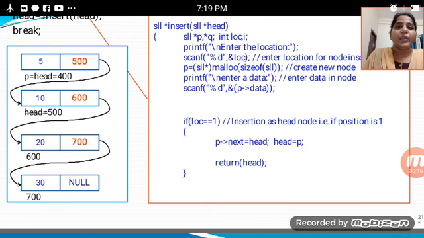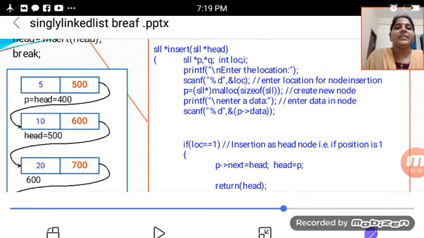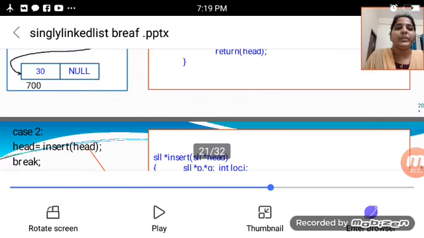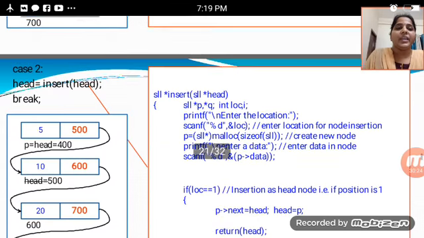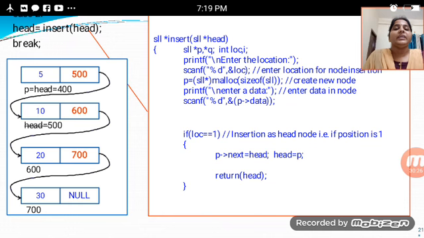After that head value you have to link it with each other. P is equal to head value, you will take the same thing in each other. In the above figure we will not take the each other. 5 will be linked with the 10 value. Head is equal to 500 having some 10 value data, that 10 is linked with the 500 location. In that 500 location having the element in p, head having the 400.